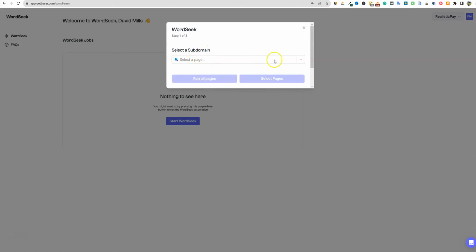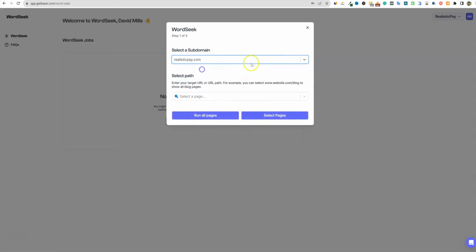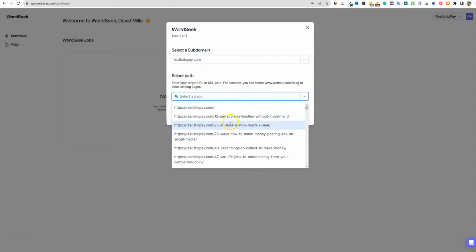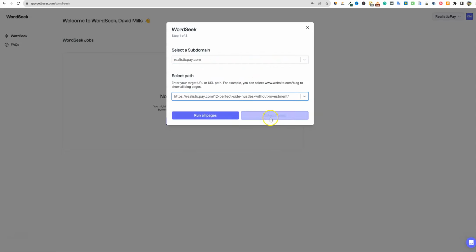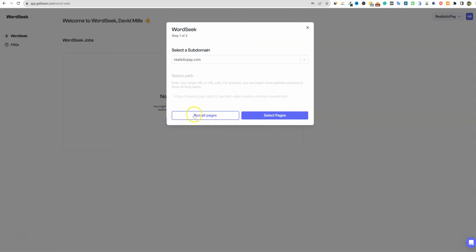Okay, so select the subdomain right here, and then select the page. So, 12 perfect side hustles. Let's go check that one out. Select pages or run all pages. Oh, okay, so the run all pages feature is available when you pay for the software, and that is why